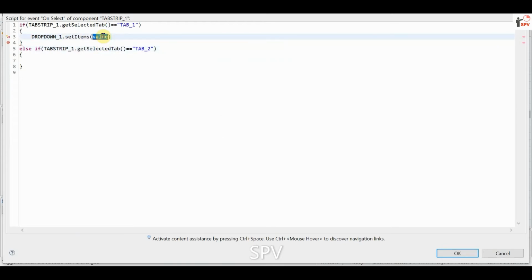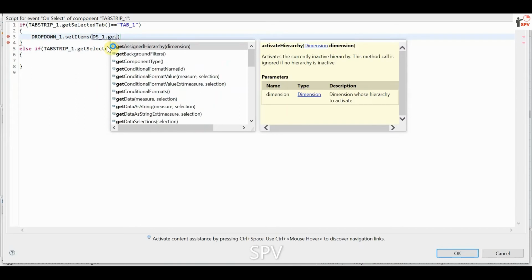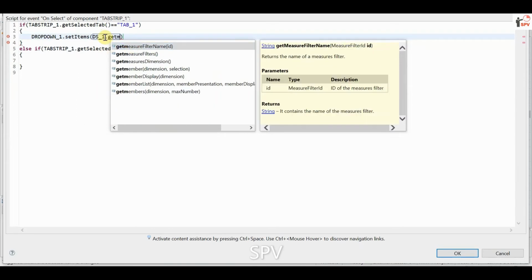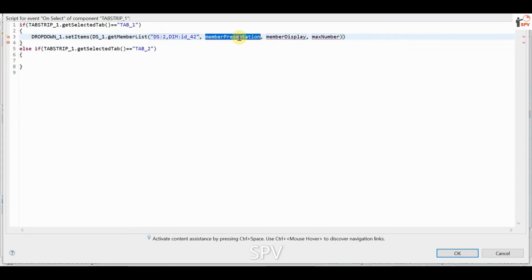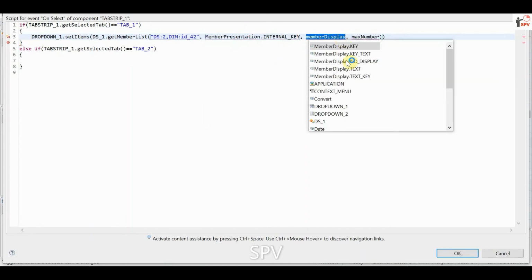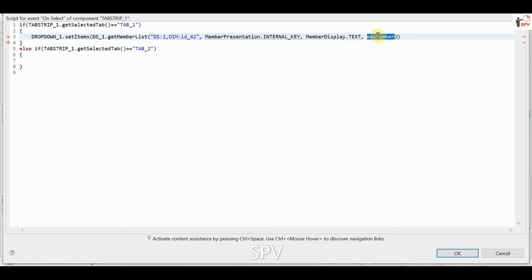I'm selecting the data source and assigning the member list, and for the dimension I'm selecting single country, so I'm adding state. The member representation is internal, the member key is text, and the maximum I want is 10, and I'm closing the statement.